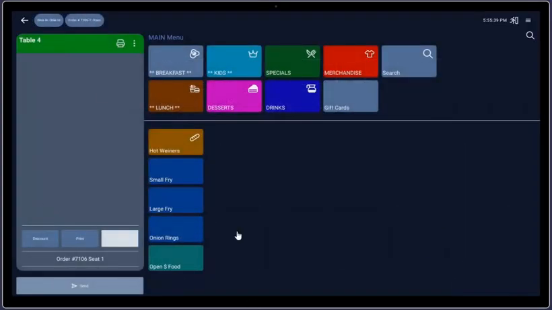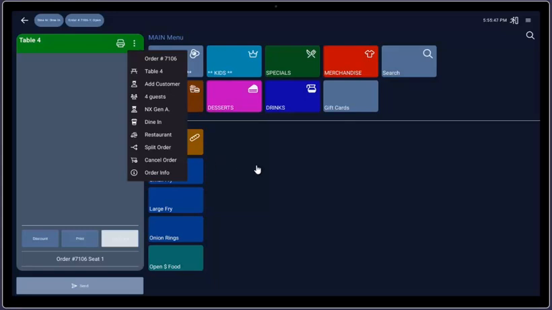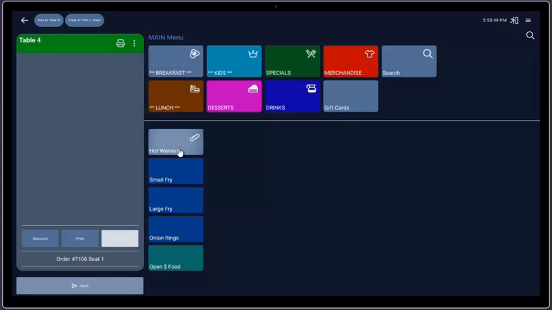There are these new buttons at the bottom here, and this 3-dot button is going to have some new functions on it. So I'll order